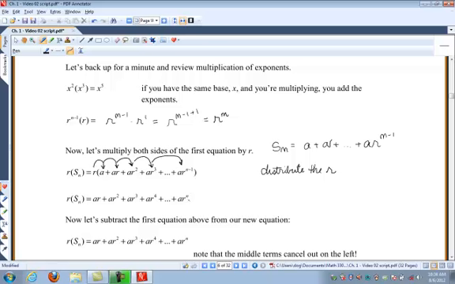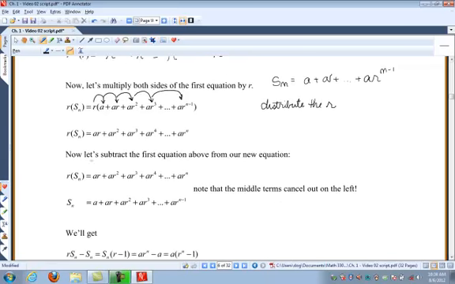Now we're going to subtract the first equation from our new equation. Here, I've got it written here. Here's my new equation, R times S sub n, and I'm going to subtract both sides. And remember, that's going to be a distribution. All of these are going to be subtract. And let's notice,